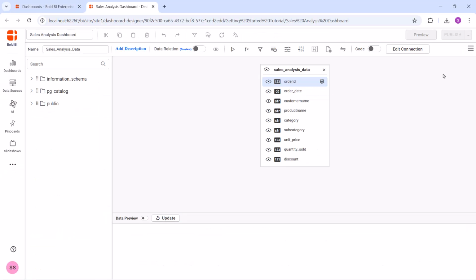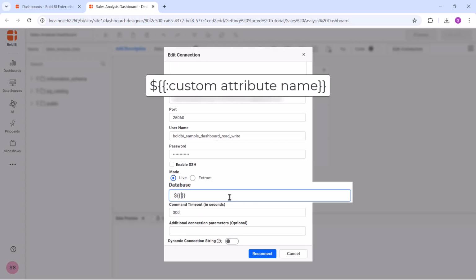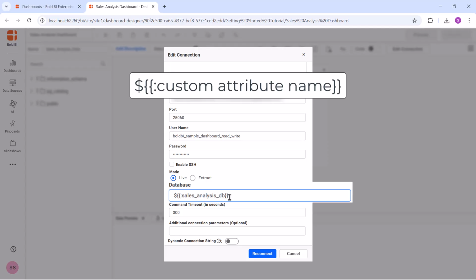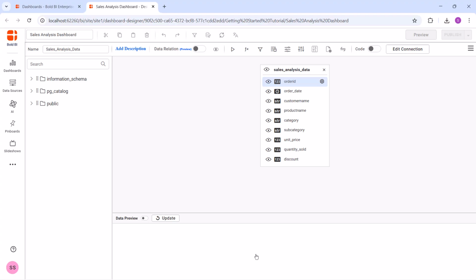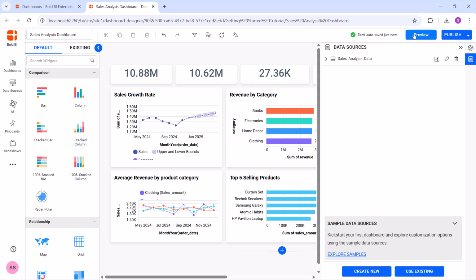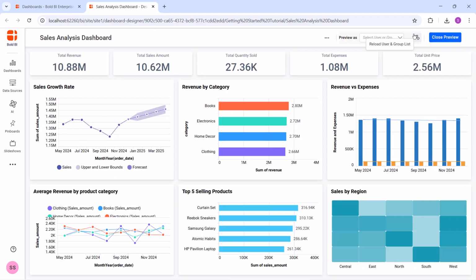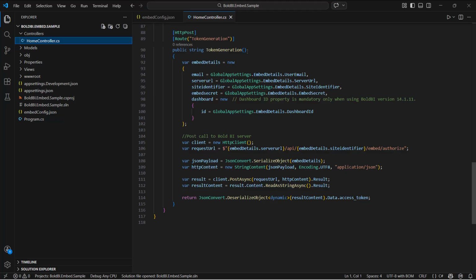Next, I open the Sales Analysis dashboard. In the query editor, I click Edit Connection. Replace the static database name with the custom attribute syntax and reconnect the data source. After saving the changes, I return to the Dashboard Designer and preview the dashboard. To apply this configuration in the web application, I open the homecontroller.cs file and update the